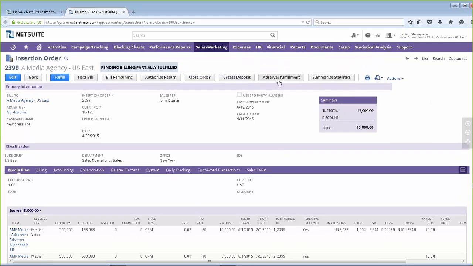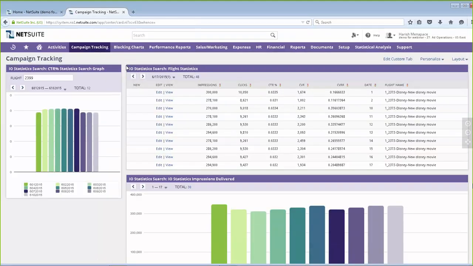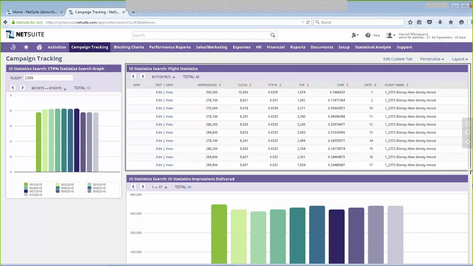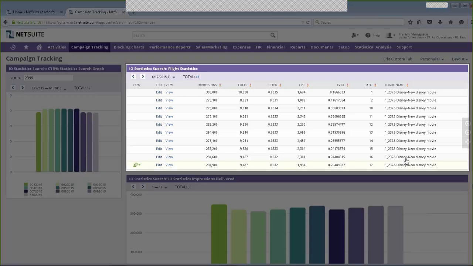The NetSuite system will also allow you to automatically fulfill these impressions when you get to the end of your campaign, as well as follow any of the billing schedule methodologies that you might have set up there. One of the things I wanted to point out when I'm on this operations role is that we've got something in NetSuite called custom records. And this really lets you utilize a record type format to pull in any type of columns and rows data that I'm highlighting here into the NetSuite system. That doesn't necessarily need to be transactional information. It's any kind of information you'd like to report off of.